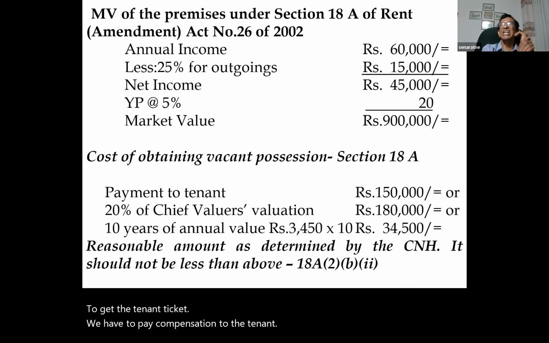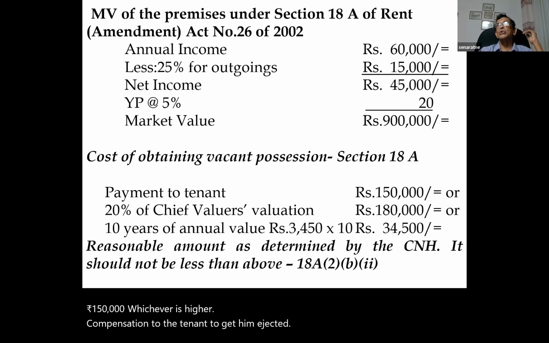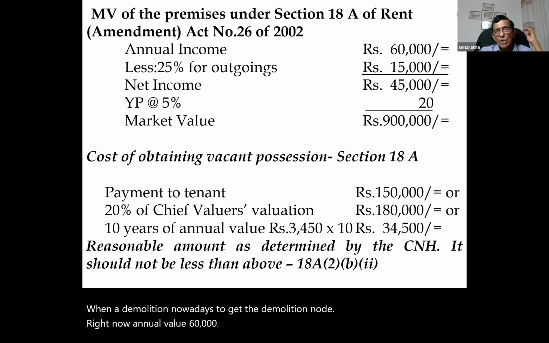The Act, Section 18A, says 20% of the market value assessed by the chief valuer, or 10 times the annual value, or 150,000 rupees, whichever is higher, can be paid as compensation to the tenant to get him ejected when applying to get the demolition order. Right? Now, annual value 60,000, annual income 60,000, because